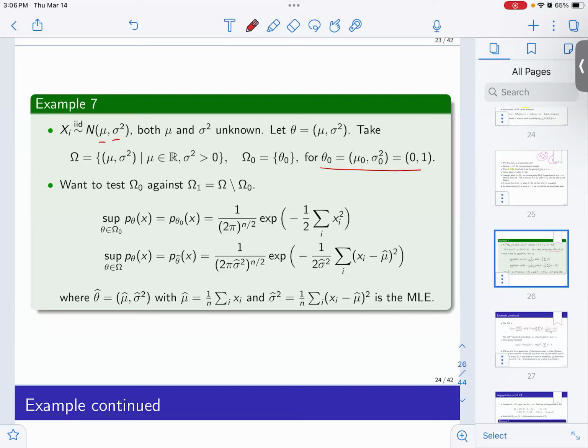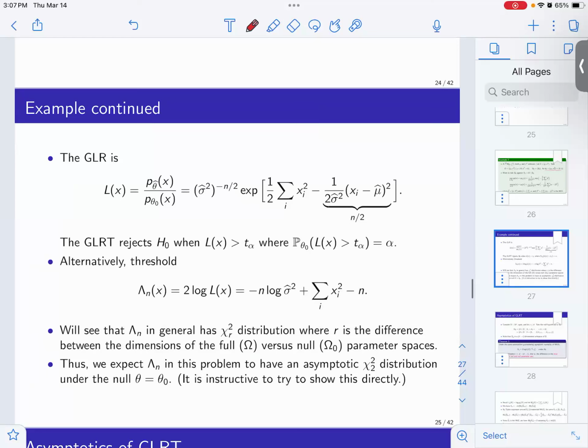So this maximization under the null is just simple. You just write the density of the standard normal. There's no maximization. And for the alternative, you maximize it with your usual maximum likelihood estimator under the normal, and then you plug in and get the expression. And then you divide, you simplify, and